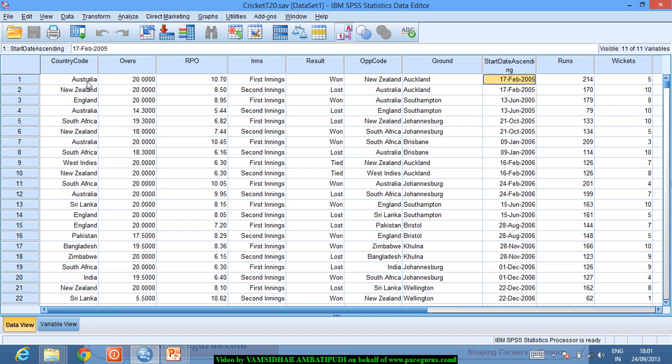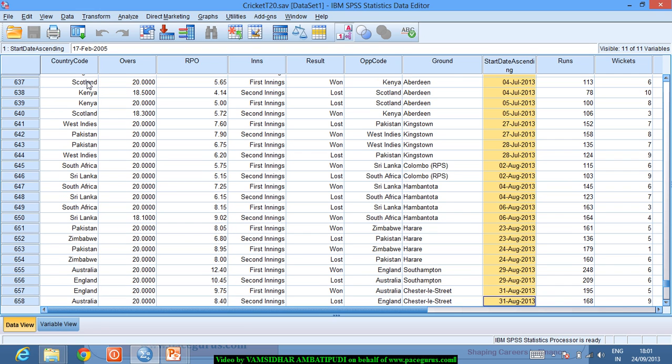So I've collected the data right from the 17th February 2005 till the 31st August 2013, where the last T20